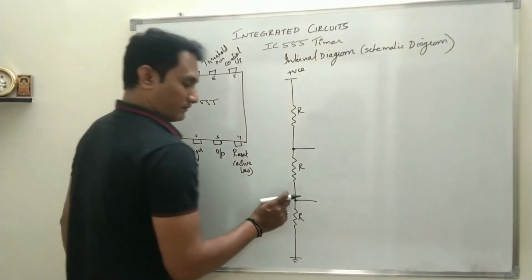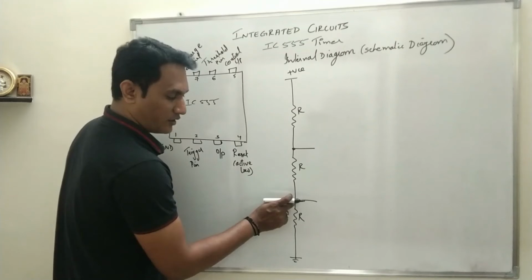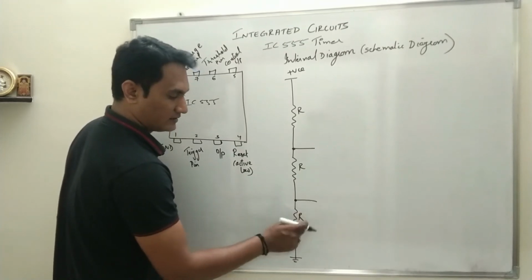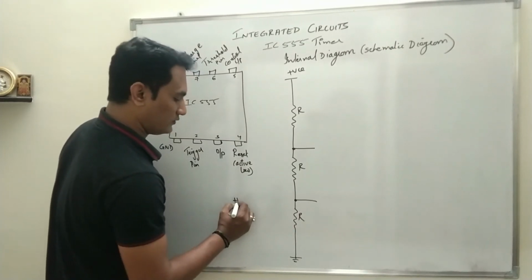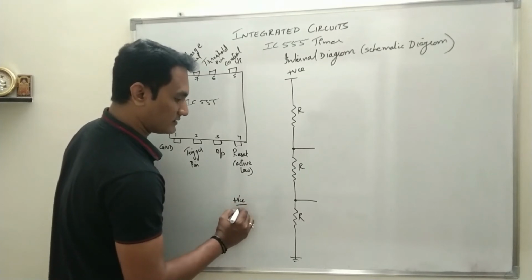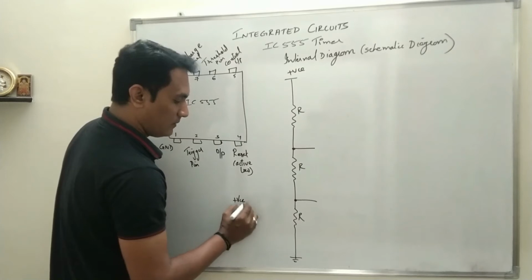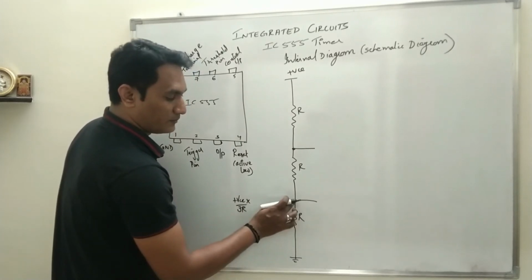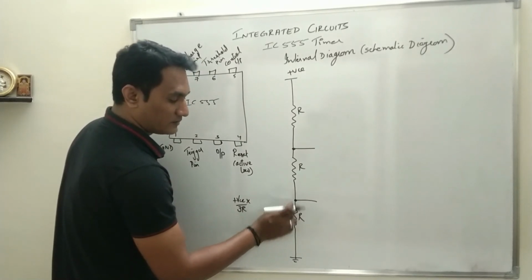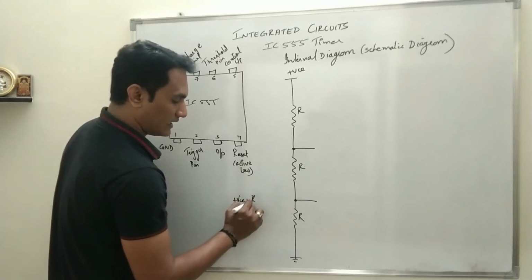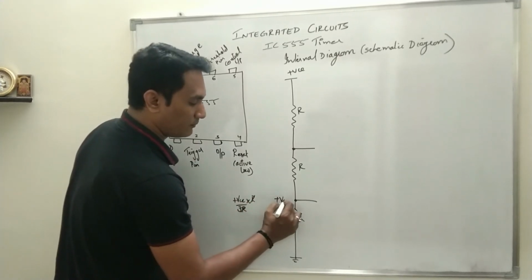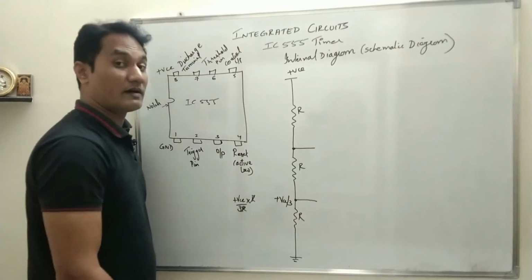Okay, so if you are taking voltage at this point, it is between this point and ground, and there is a resistance R. So total voltage will be plus VCC, total resistance will be R plus R plus R, that is 3R, multiplied by the resistance at the point at which the output is taken. This point and ground we have R, so R gets cancelled, so the potential will be plus VCC by 3. This is my reference voltage.